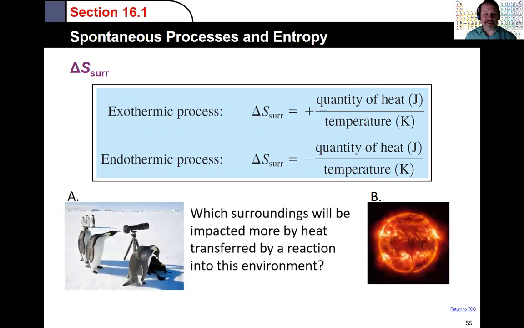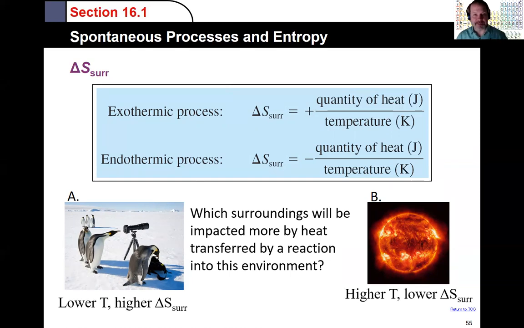If I had some penguins in Antarctica, or let's say I'm building a fire, and I'm going to put it on, or near the penguins, don't want to put it on the penguins, or I'm going to put it on the sun, assuming I can survive that. Where would the heat of that fire have the biggest impact? With the penguins or on the sun? Pause and think about it. A, B, what do you think? I don't think it takes much thought to go A, of course. That's going to have the greatest impact. If I'm going to build a fire, the heat of that fire is going to have the greatest impact. So the lower the temperature, the bigger the impact.